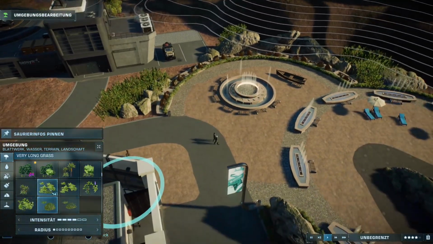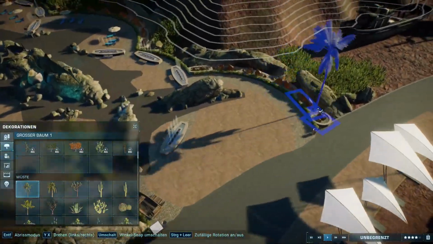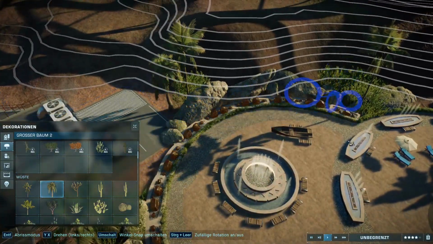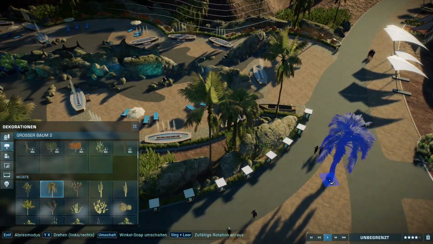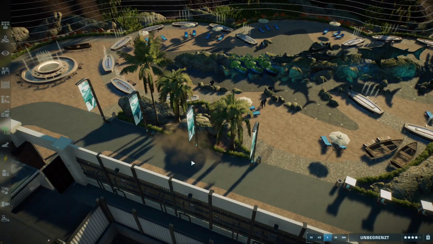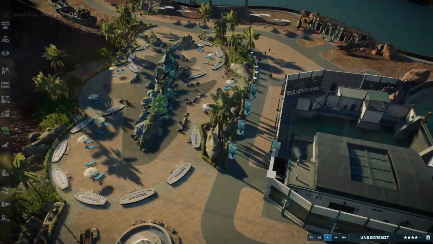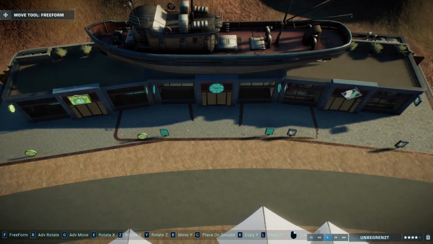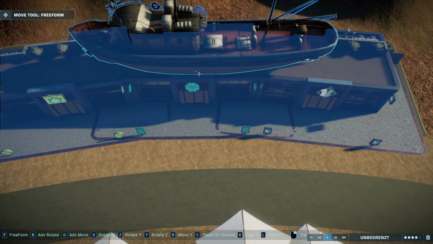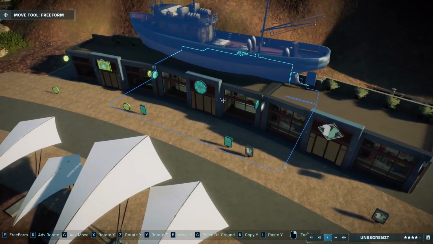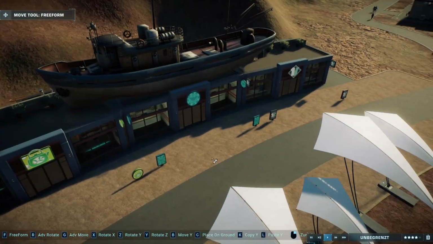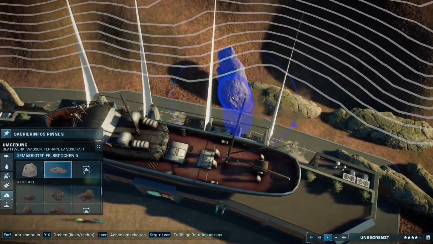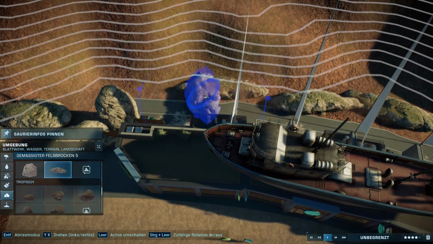I think that areas like these are elementary and very important and make a park very realistic. After that, I had a very spontaneous idea to take the boat from a mod and use it as a big banner, so that we have a very nice fish restaurant here. I'll decorate the roof of the amenities further later with a few statues, and also in the back with some rocks for the coral reef look effect, and so forth. And the idea was to create a really cute fish restaurant here with a theme, and I hope you like